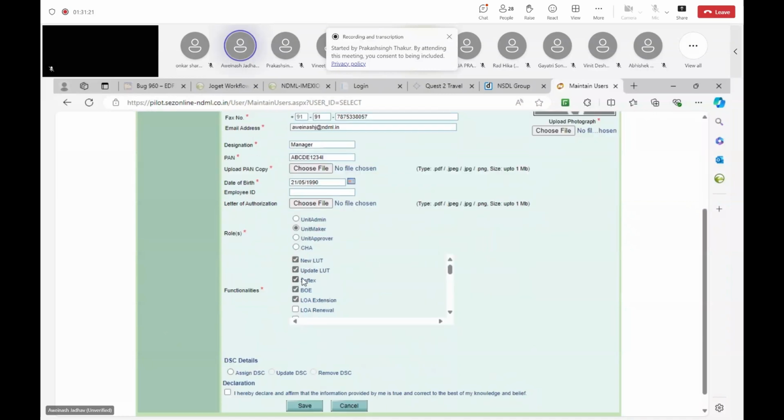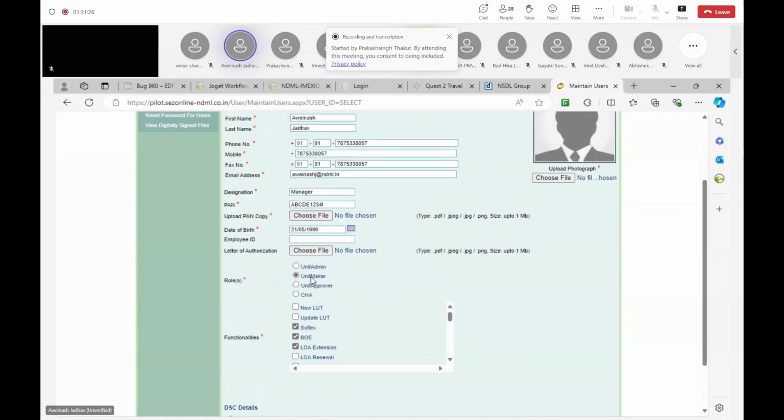So in case आप एक function miss out करते हो, new LUT, update LUT, then this user won't be able to file this transaction. उनको लॉगिन करने के बाद अगर वो लिंक पे क्लिक करते हैं ना, तो उनको वैलिडेशन आएगा कि द रोल इज नॉट असाइंड टू यू, ऐसा करके उनको अलर्ट है। सो इट इज इम्पोर्टेंट कि आप वो फंक्शनैलिटी भी देखे रखो। आप ऐसे भी कर सकते हो कि एक पर्टिकुलर मेकर जस्ट टू क्रिएट एडमिन ट्रांजैक्शन, और दूसरा टू फाइल एंड सबमिट कस्टम ट्रांजैक्शन, ऐसे भी कर सकते हो आप।